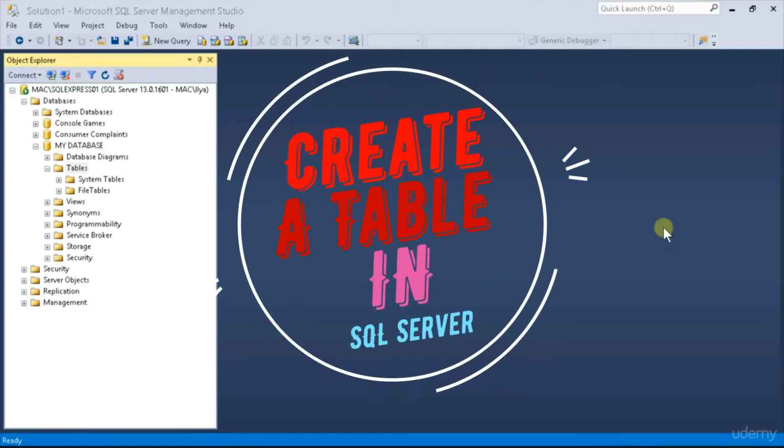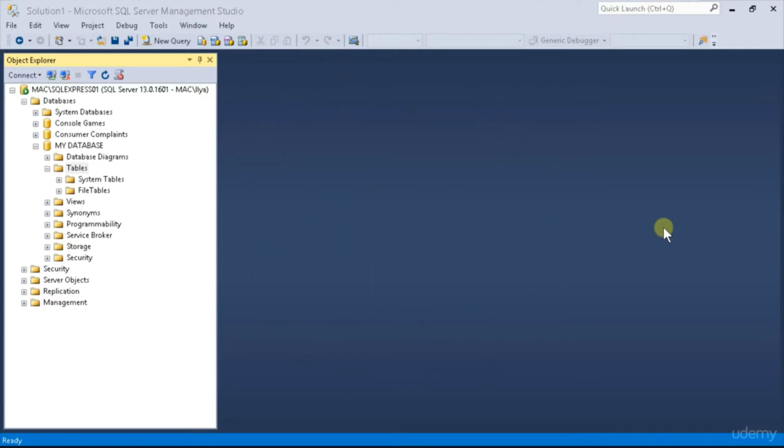Hello and welcome back. Today we'll be learning to create our very own first table, not database, but table. As you can see, I have Microsoft SQL Server Management Studio loaded up. Inside of it, I have my database created and ready to go. And let's just go ahead and create a new table because as you can see, we have no tables here